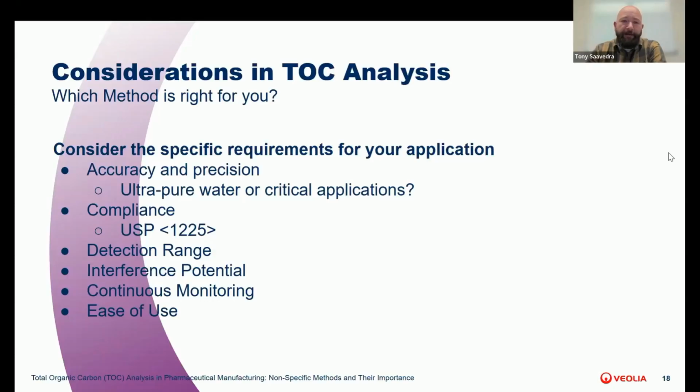First would be accuracy and precision. If you're dealing with ultra-low, ultra-pure UPW water, ultra-pure water for critical applications where you need the highest accuracy, the membrane conductometric detection is usually your best bet. NDIR is also good, offering solid accuracy across a wide range, but may not be as sensitive at very low levels. Now, direct conductometric, well, it's less accurate and precise, so mainly useful for just trend monitoring.